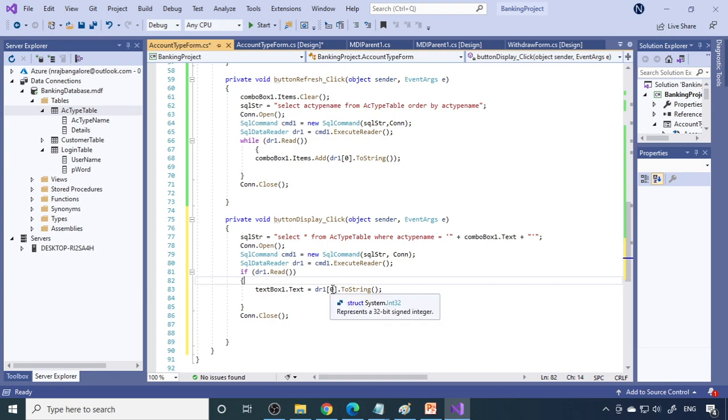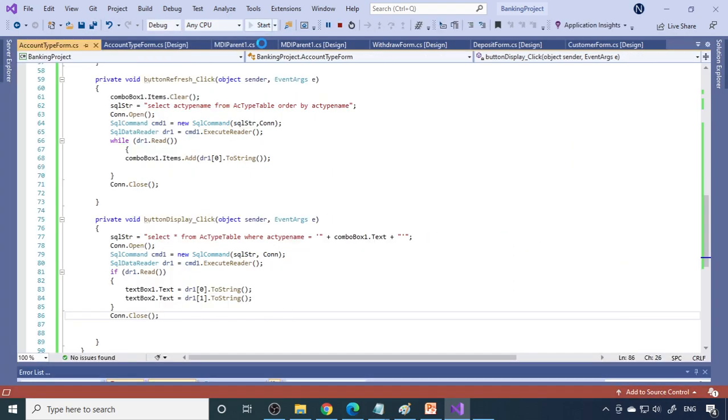So 0 means first column. Same thing you need to copy and then paste. Now we have to make it 1, that is the next column. So here is text box 2. So now we are selecting the data for this particular record. Then we are fetching this into dr1. From the dr1 we are transferring back to text box 1 and text box 2. See, this is how it works.